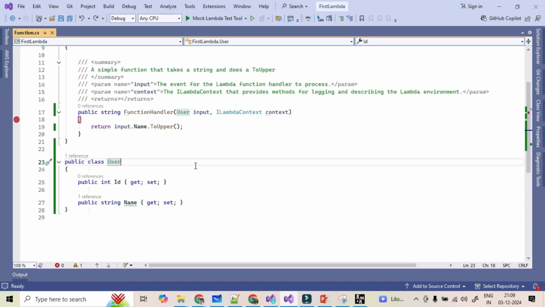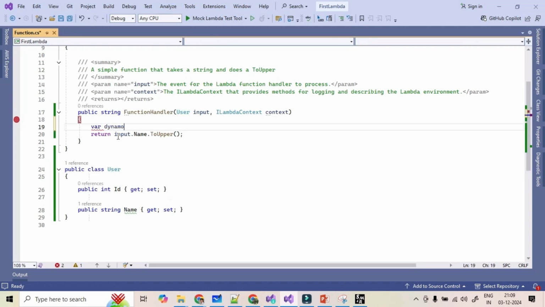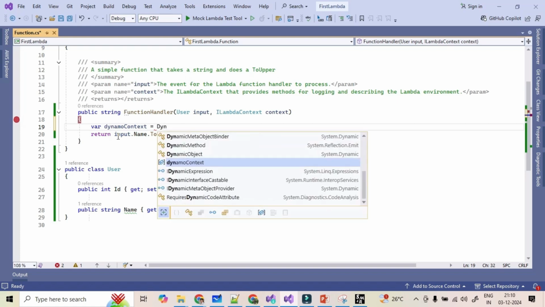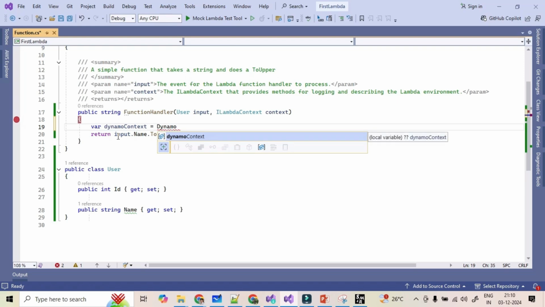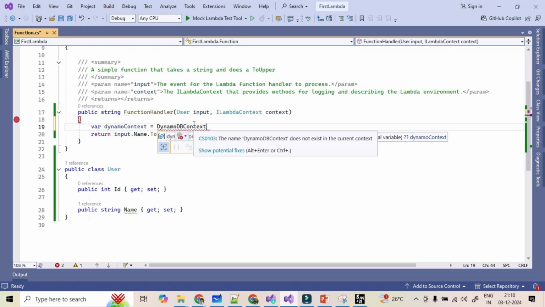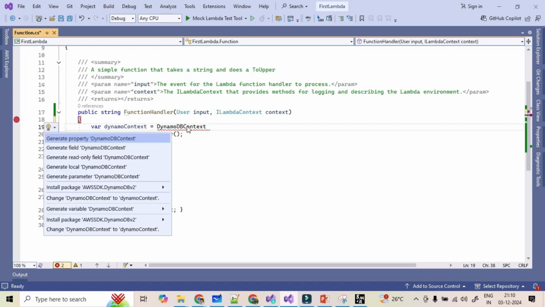So let's add some code here in the function handler for fetching that record. We need to create one using keyword here, and along with that we can add the DynamoDB context for fetching data from DynamoDB. The DynamoDB context we can install from the NuGet package, or else we can type the name DynamoDB context and press Control dot, and it will give some suggestions like we need to install the package.